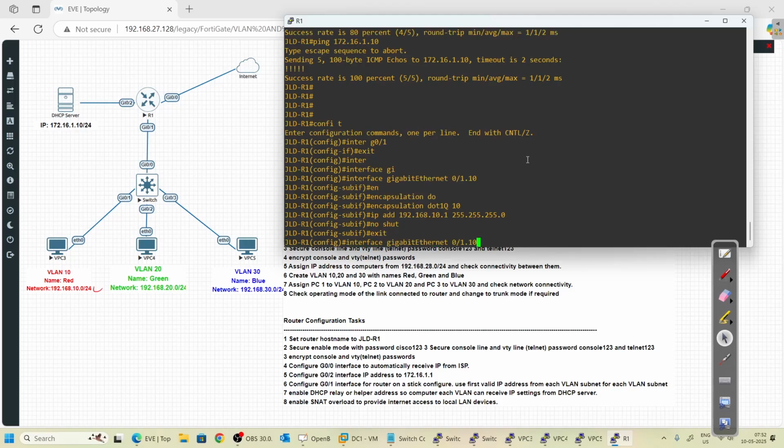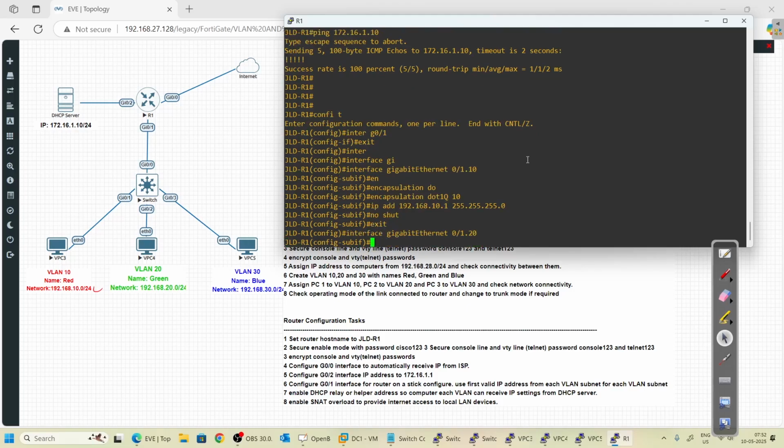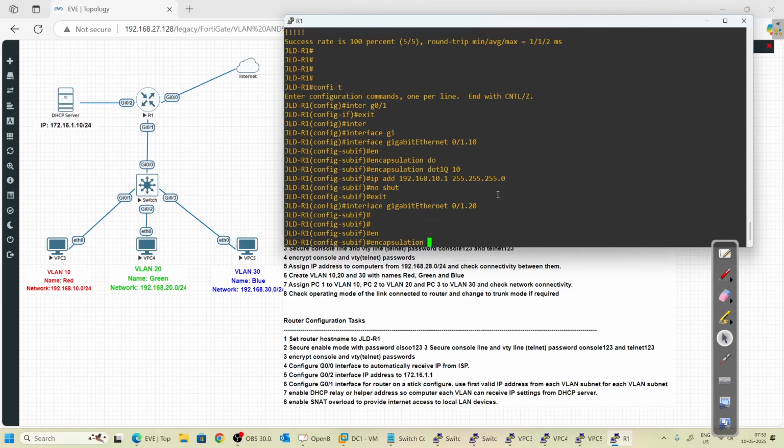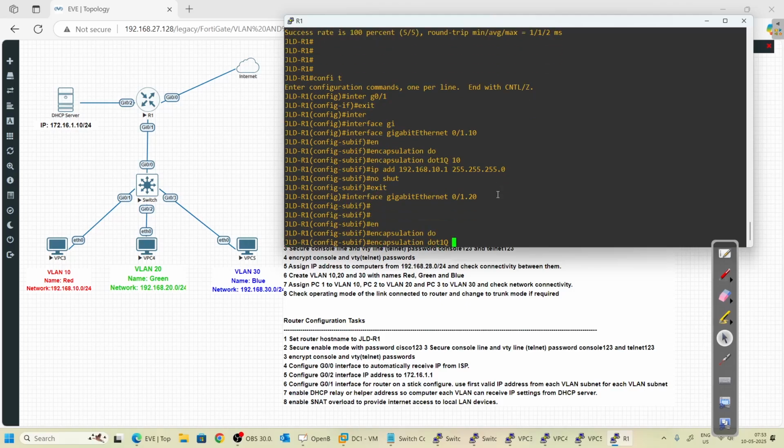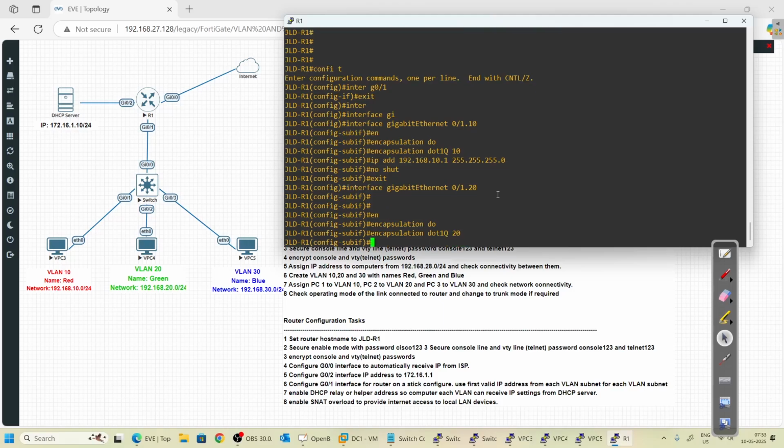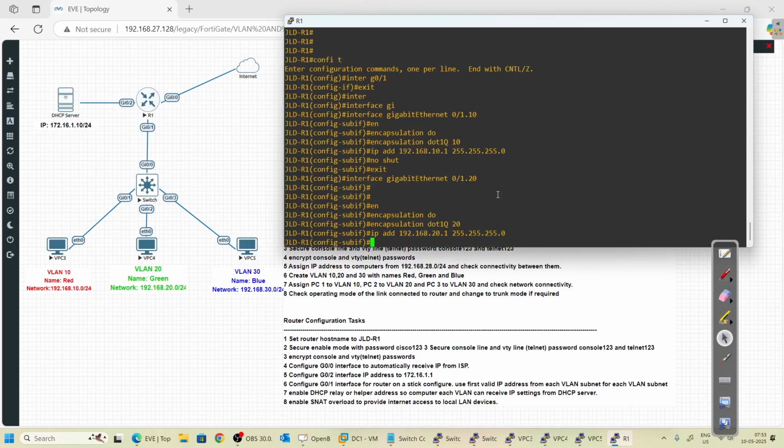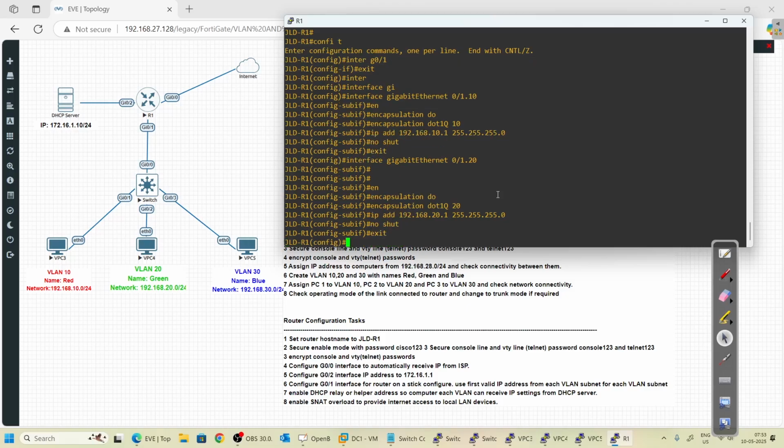Now let's create an interface for VLAN 20. Okay, this number can be anything. This number doesn't have to match the VLAN number. It was just for our own convenience so we can identify easily. I'm using the same number as my VLAN. It can be a different number. Okay, encapsulation dot1q, and it will respond to VLAN 20, and the IP address of VLAN 20 is 192.168.20.1. Okay, the first valid host address will be used, and no shutdown, exit, and go back to